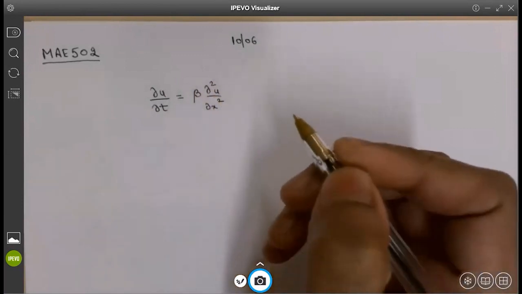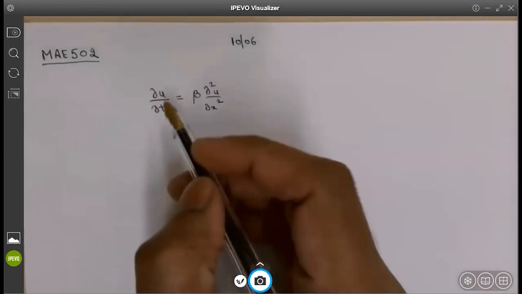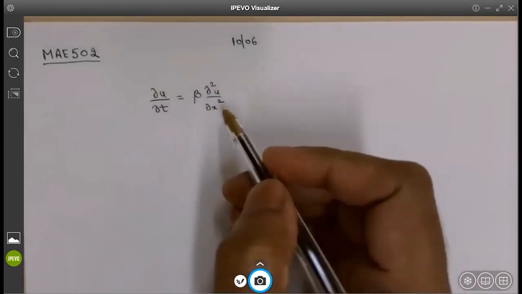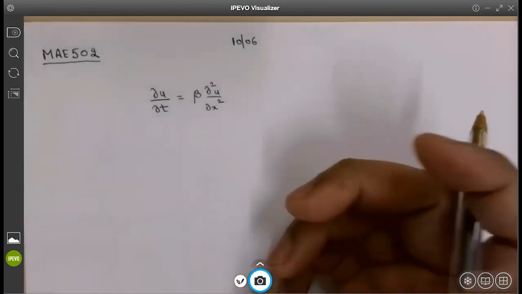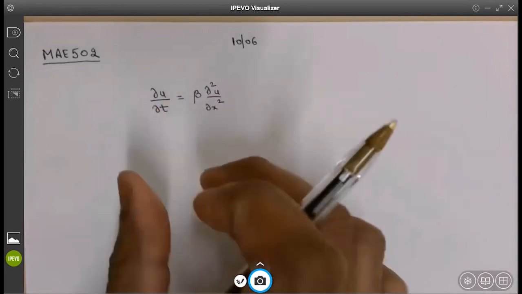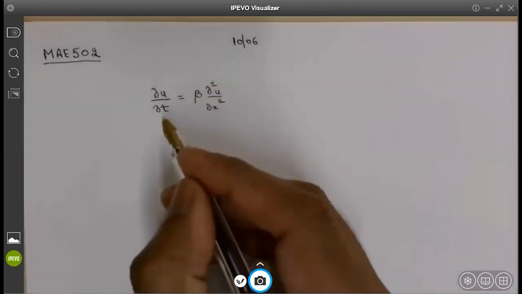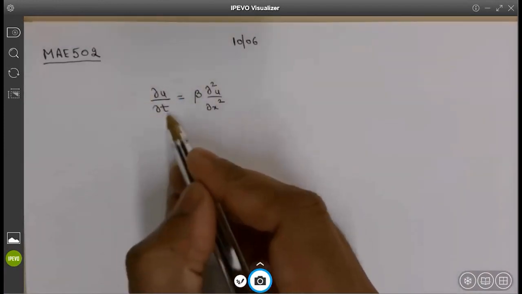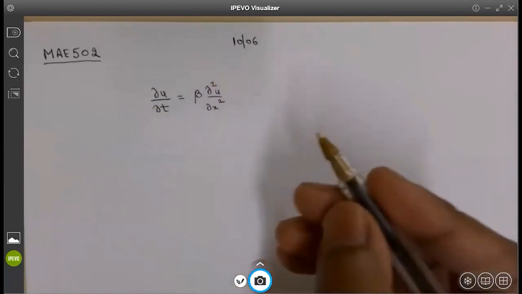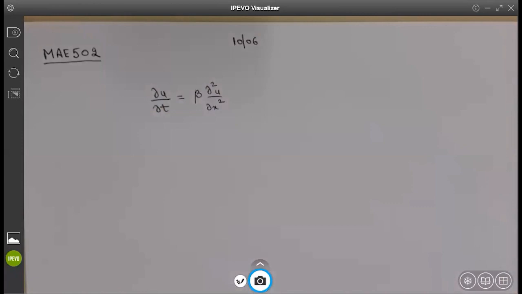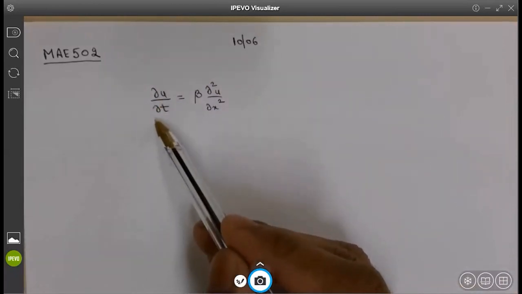This is the PDE, a partial differential equation, first order in time and second order in your spatial coordinate. So this is a one-dimensional heat equation. It is also called the diffusion equation. And what we are basically doing is solving this equation numerically. Numerically means that we are approximating this time derivative and this partial derivative using some numerical methods, or the finite difference method. At this point, we are not interested in knowing how we actually approximate this.